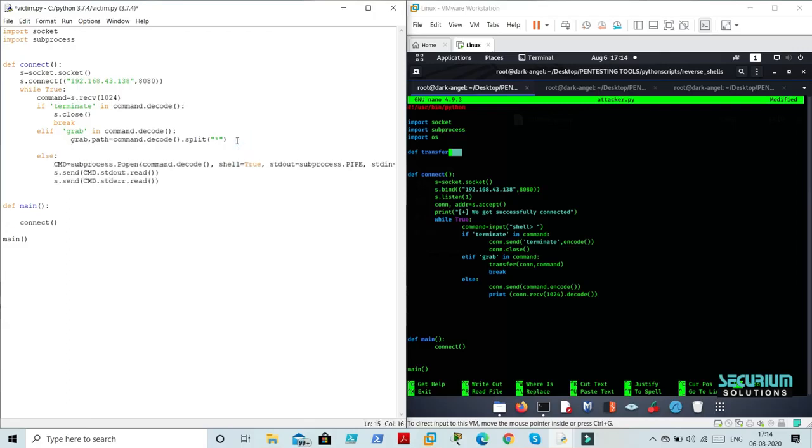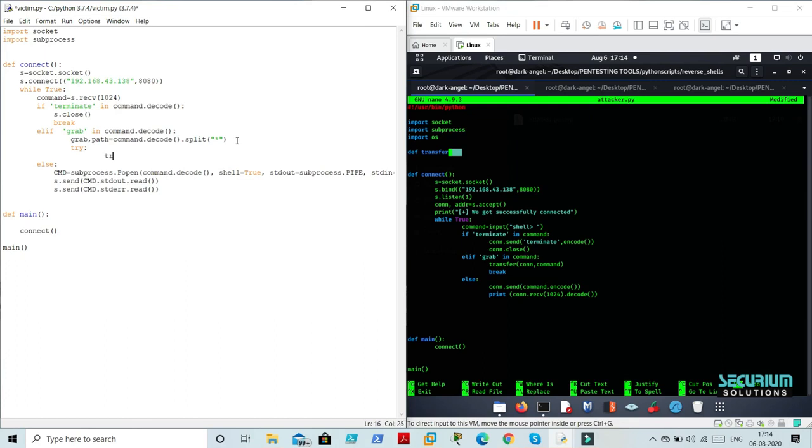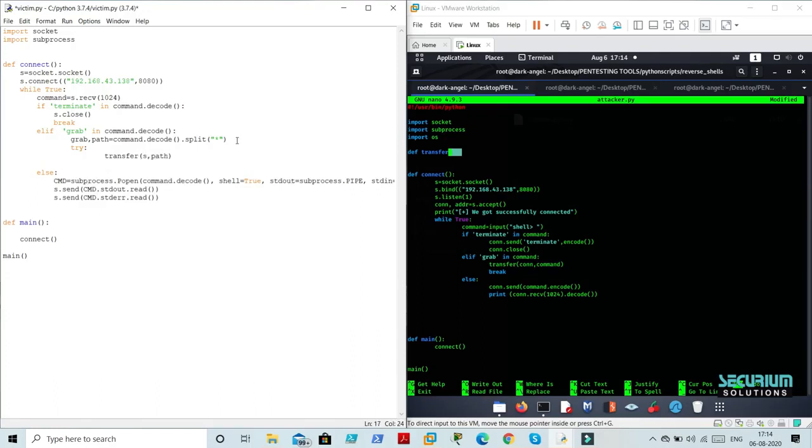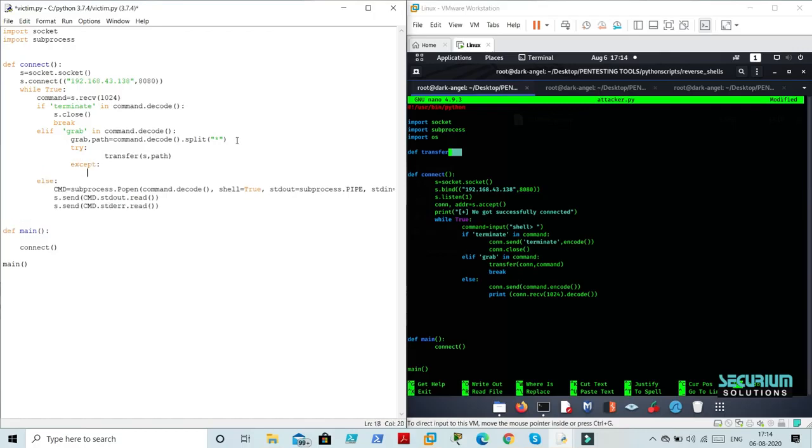Then it will try to transfer the file with the connection and the path. Otherwise, except, it will just pass the connection. Okay, so this is how we make it in our code, and we have the same function in here, transfer